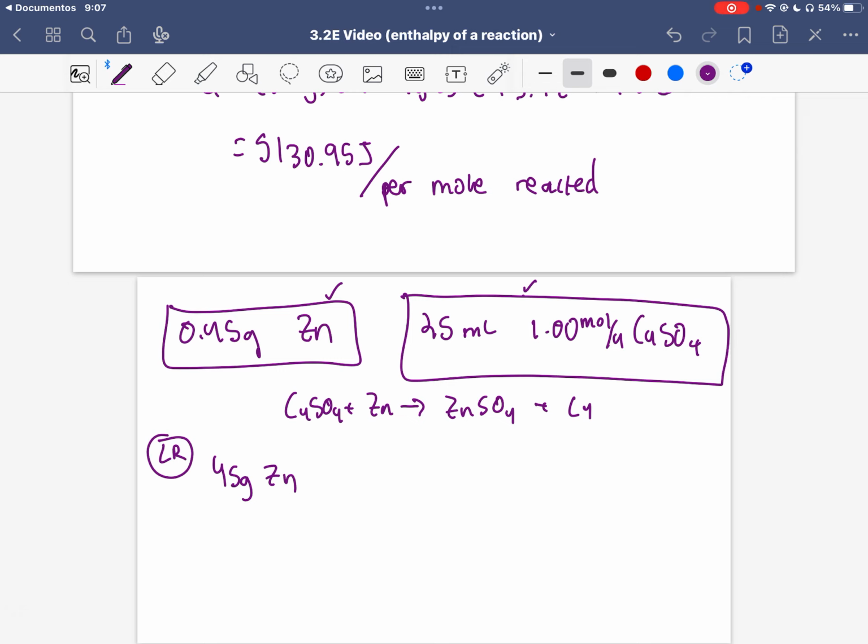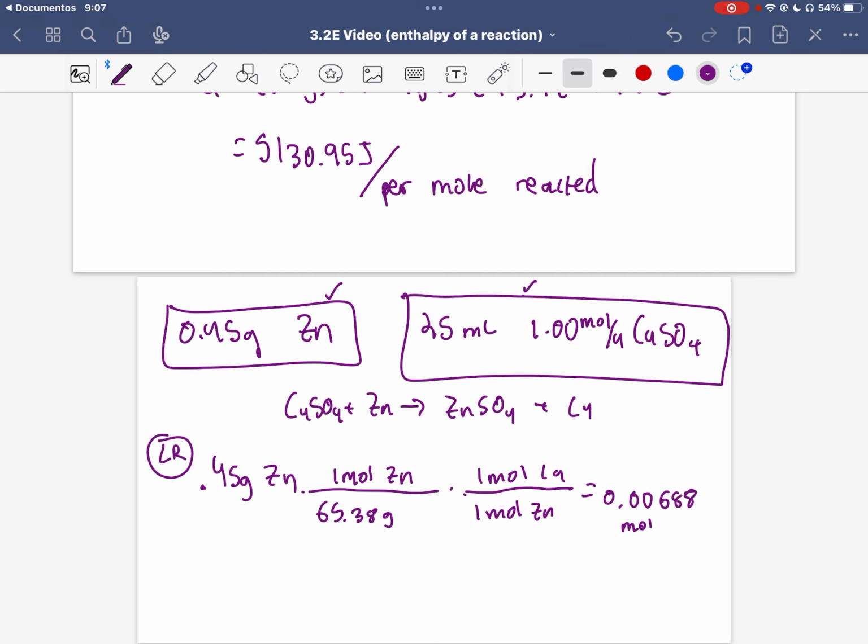Zinc molar mass is 65.38 grams per 1 mole of zinc. I'm going to choose copper as my product. It doesn't matter which product I choose, but I'll choose copper. If all 0.45 grams of zinc were to react, I'm just going to put this in my calculator, I would get